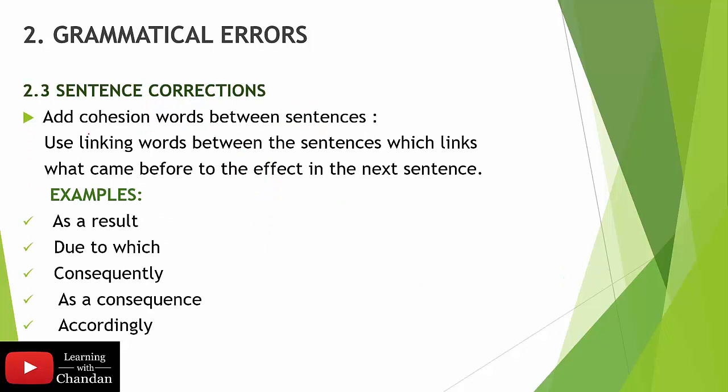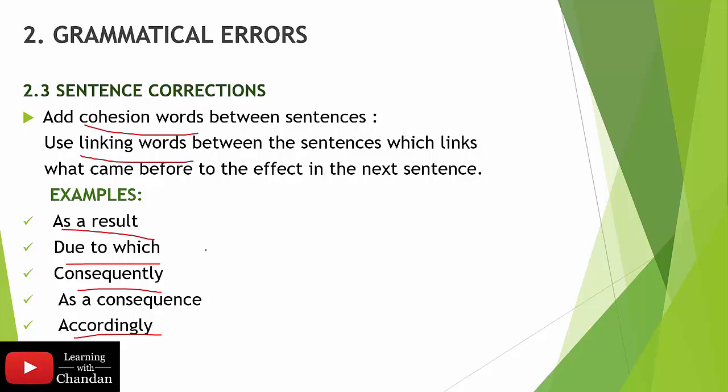The next point is to add cohesion. That means in order to maintain continuity of the sentences and the paragraph and their meaning, we should use more of the linking words. Some of the examples are mentioned here, like as a result, as a consequence, due to which, consequently, or accordingly. There are more linking words which should be used more and more in order to maintain